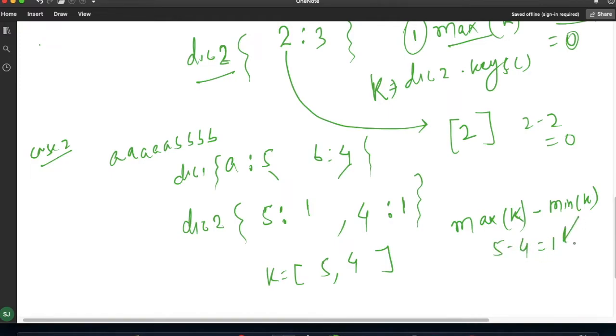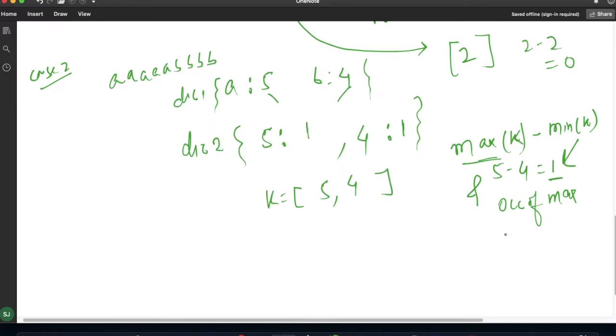If it is equal to 1, then at the same time we have to check whether the occurrences of the maximum should be 1. You can see here my maximum value is 5 and its occurrence is only 1.